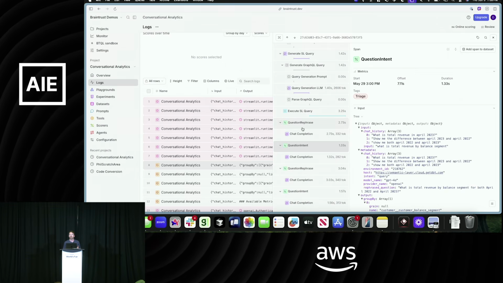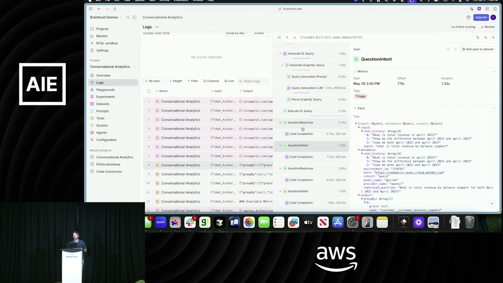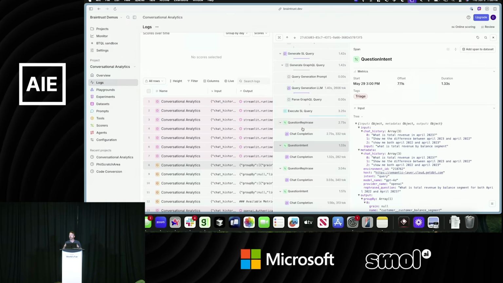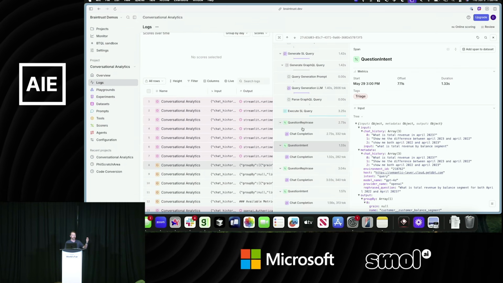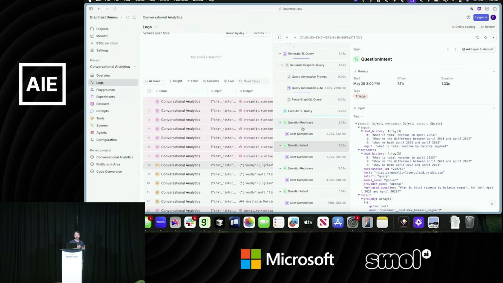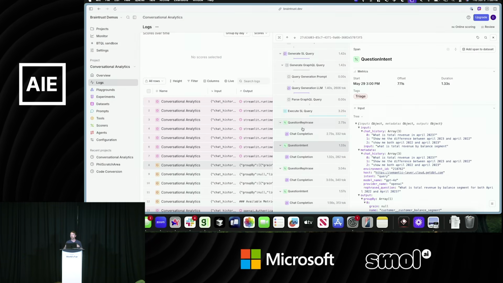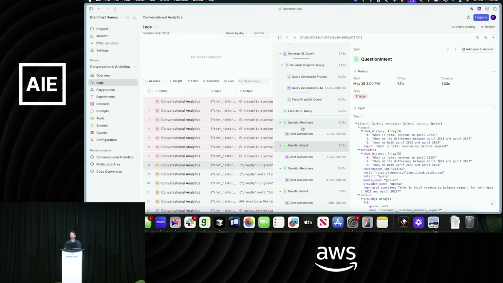Is that right? But you start to think of more complex types of applications that you build. You need to be able to understand the individual steps that are happening. And Braintrust allows for that very easily via these scores, and then being able to apply them not only, again, while you're in offline eval mode, but also online, right? We want to understand these logs and be able to apply these scores at the individual span level. This becomes pretty powerful as well.